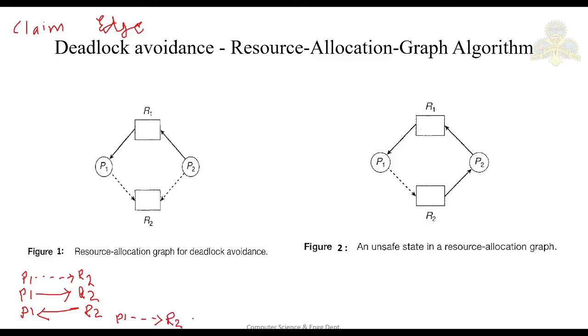So this is how a resource would be allocated in your resource allocation graph algorithm in deadlock avoidance. First, a process is there in the system and it thinks that it might need a resource in the future. At that time the process will have a claim edge to your resource. Now suppose after some time your process actually requests that particular resource. In that case, the same claim edge would be converted into the request edge.